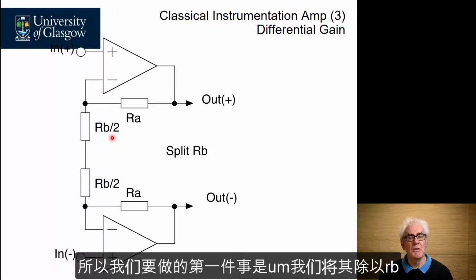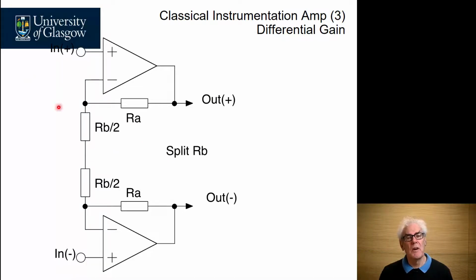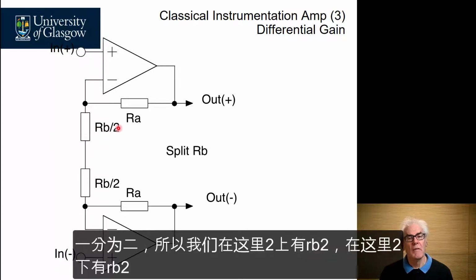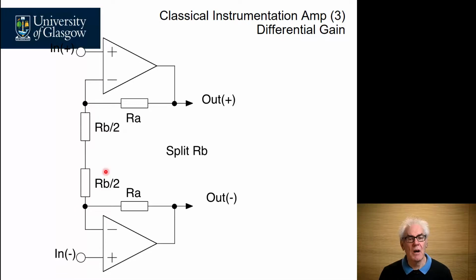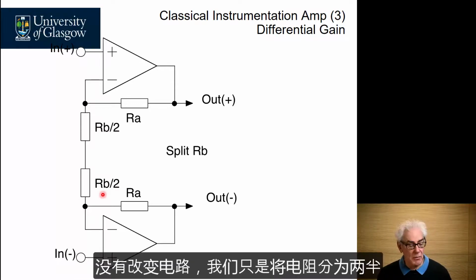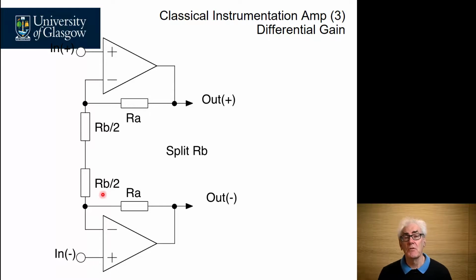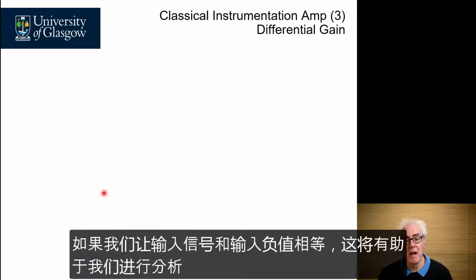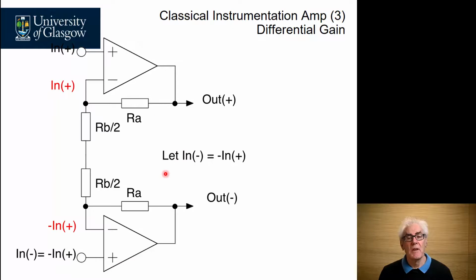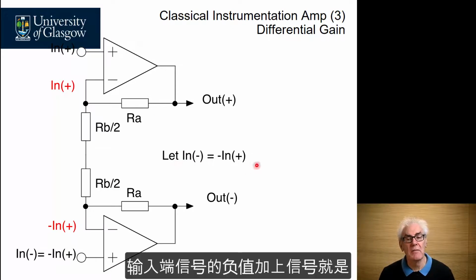So the first thing we do is divide this RB into two. So we've got RB upon 2 up here and RB upon 2 down here. No change to the circuit, we've simply split the resistor into two halves, and this will help us do our analysis. If we let the input signal at input minus equal the negative of the signal at input plus,